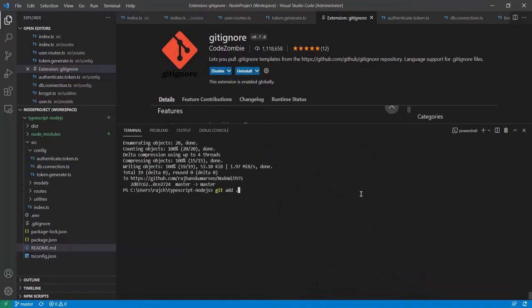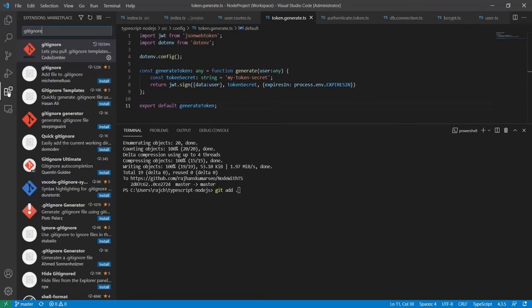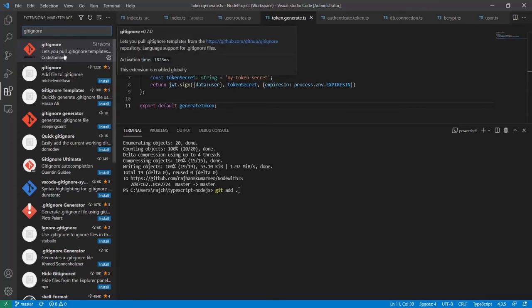After removing them from the local, I installed the git ignore extension. Let me show you again how I did this. I go to extensions in the marketplace, type git ignore, and this first one is the one I installed.